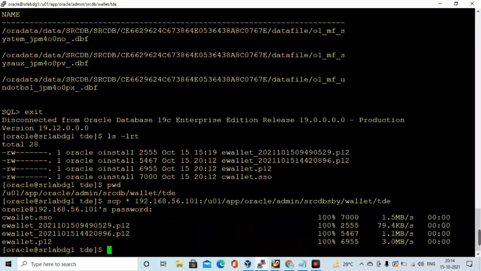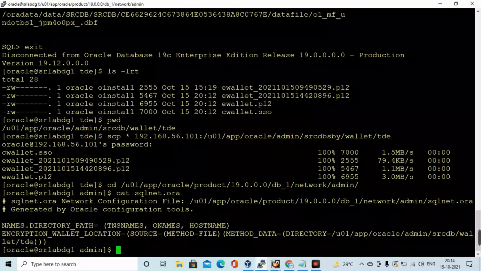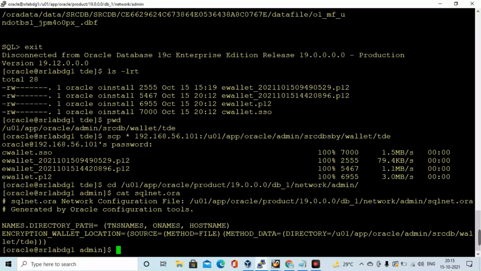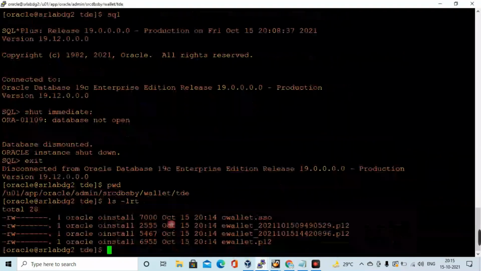Next, we go to the sqlnet.ora file. We need to put the same entry on the target side, the standby side.